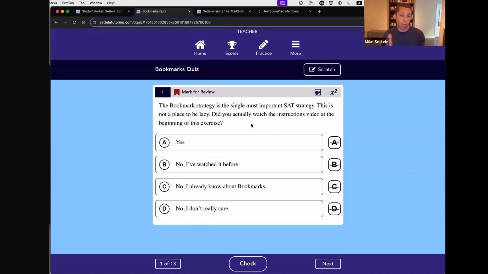It's not just about right and wrong. If we're only thinking about things being right and wrong, we are missing another dimension to the SAT: how sure were we? Did we do it efficiently? Did we use a strategy that's going to make us better in all sorts of places? So this bookmark thing, really, really important for improving our scores. We want to make sure we're taking advantage of all those opportunities to learn. So you will hear me be a pain in the neck about that.